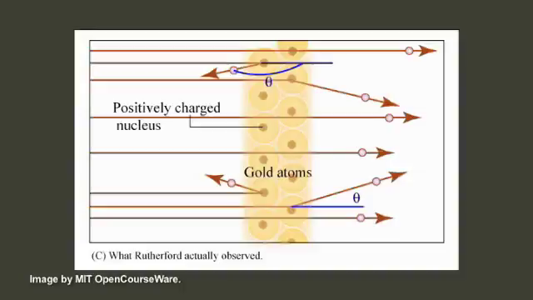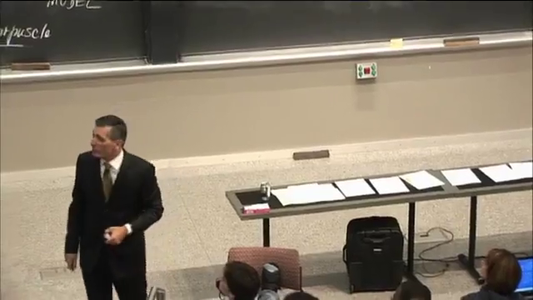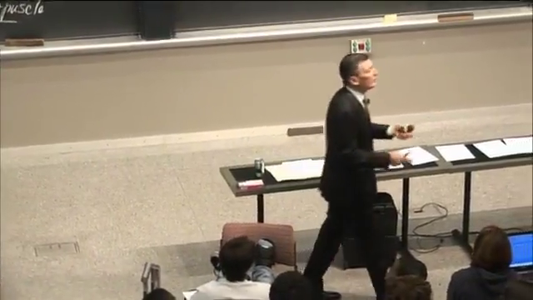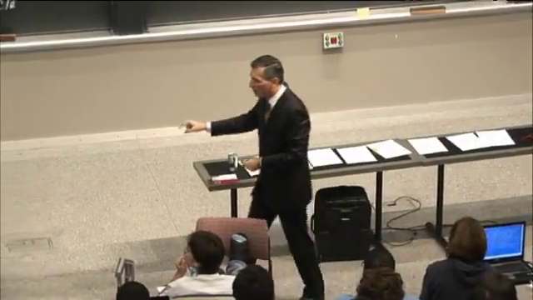All right? Now Marsden, who's the third? There's a third person, Marsden. Marsden's not too different from you. Marsden was about 20 years old at the time. He dropped out of school, and then he came to Rutherford and he said, I'm looking for a job. In those days, you couldn't return to college. If you dropped out, finished. You had to stay all the way through. Once you dropped out, they slammed the door behind you.